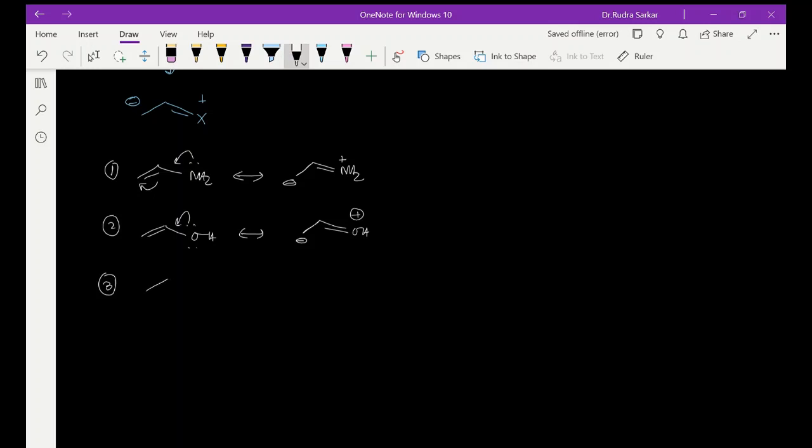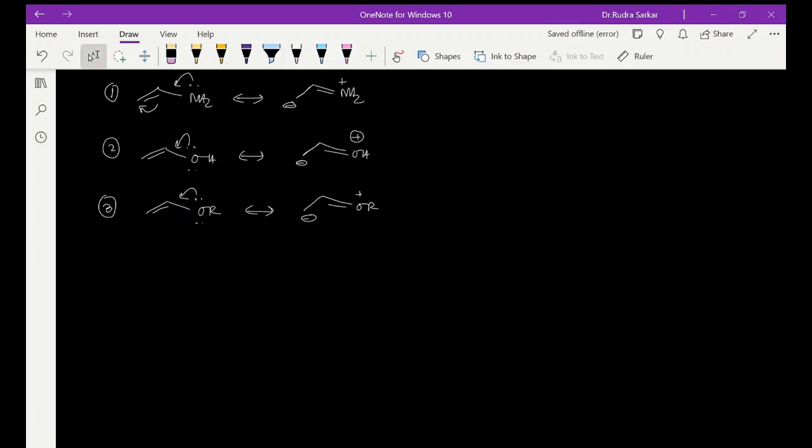Okay, you can have an OR there too, donation is taking place. So these are all showing plus M effect. An interesting question that sometimes comes,